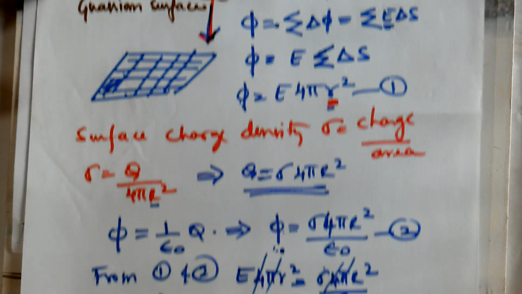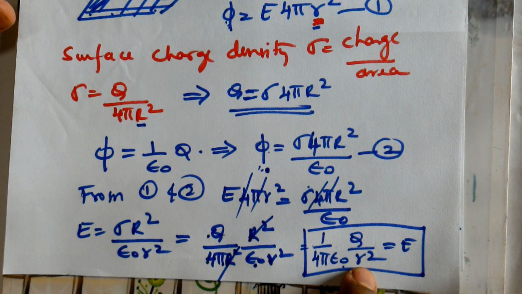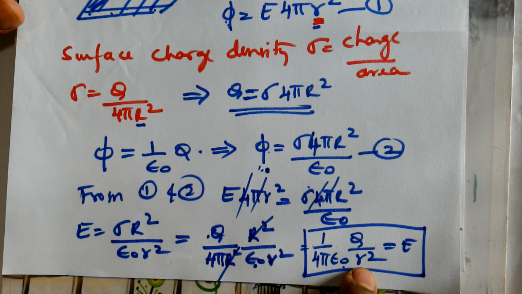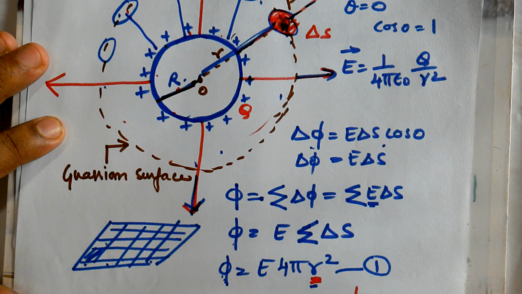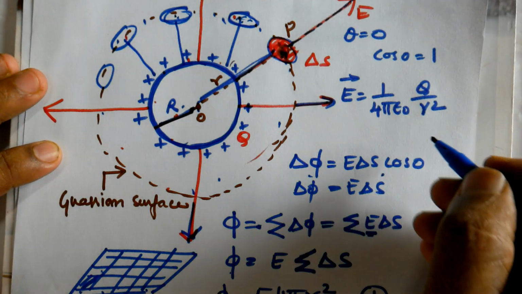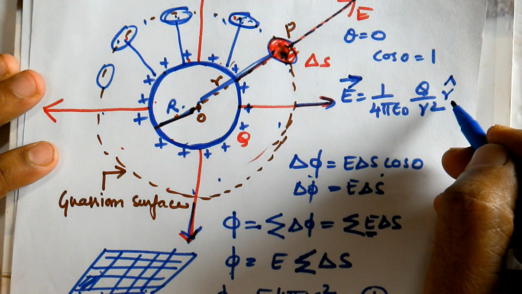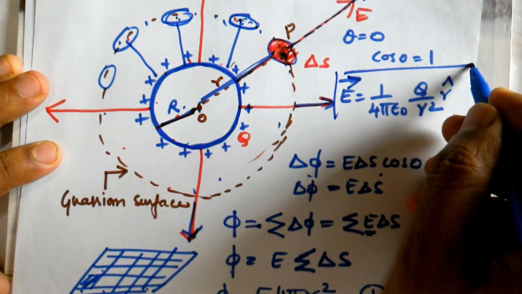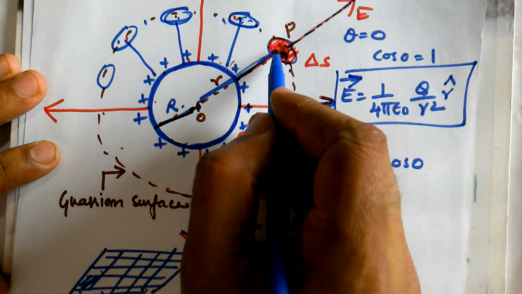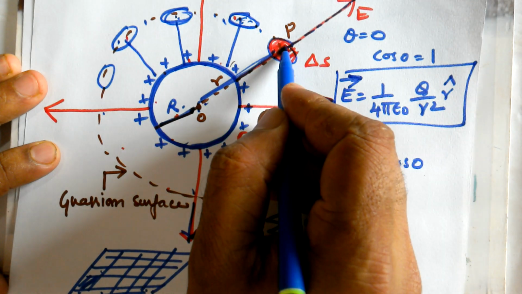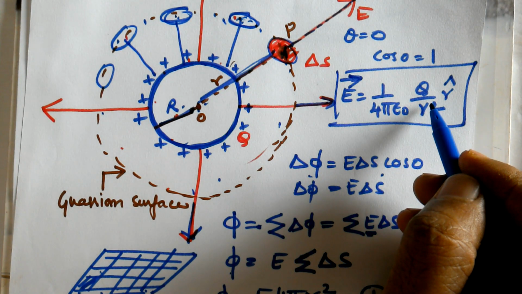See, finally which r is remaining? It is the distance from the point to the center of the sphere. That is very important. Finally small r will come into the picture, not capital R. So it is the distance from the center to the point. If this is a vector, I will write r cap, where r cap is a unit vector in the direction of the electric field. So finally you can write it in vector form. Remember, the electric field at this point depends on the distance, not on the size of the spherical conductor. Capital R doesn't come here at all.